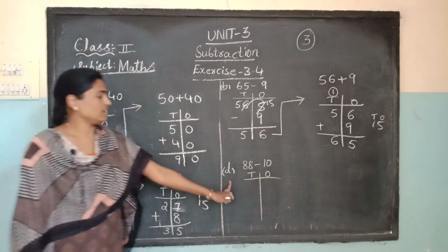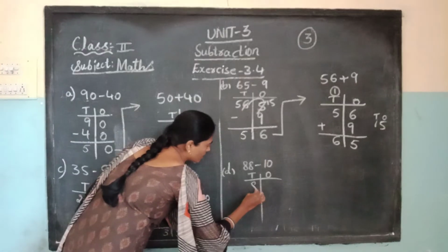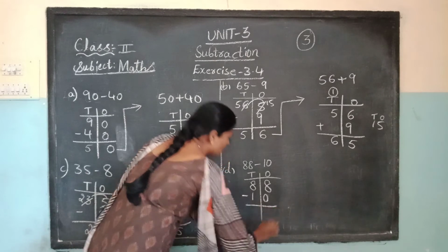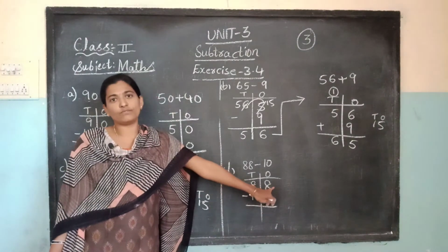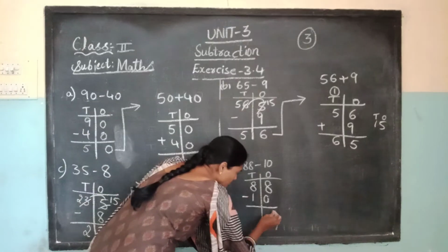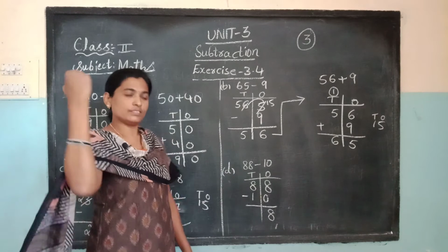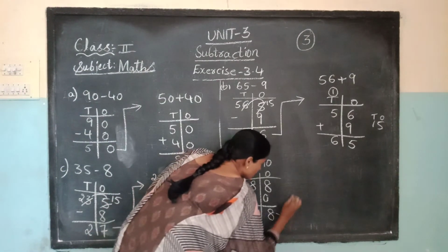Yes, next one, 88 minus 10. 88 minus 10. Yes, 8 minus 0, what will come? 0 has no value, but what will come? 8 only. 8 in the mind and 1 in your finger. 8 before, 7. Yes, this one